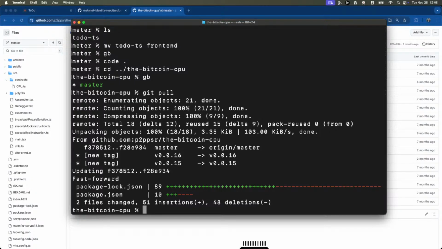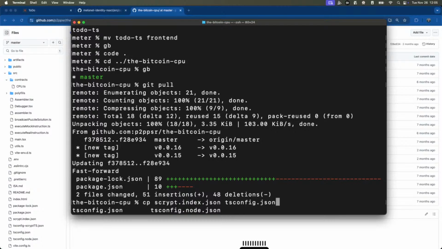Firstly, sCrypt, ts config, and I think there's an